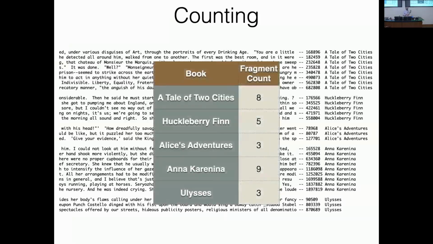And I told you that was basically our goal for the bioinformatics part. So done, right? We started off with our snippets from the books, and we ended up with a table of counts. If we're just looking at one of the libraries, like say this is from Durham, there are some technical issues with analyzing this and making assumptions like, okay, there were 3 times as many copies of Anna Karenina as Ulysses. So there are some problems with that, which I can talk about, but I'm not going to go into right now,